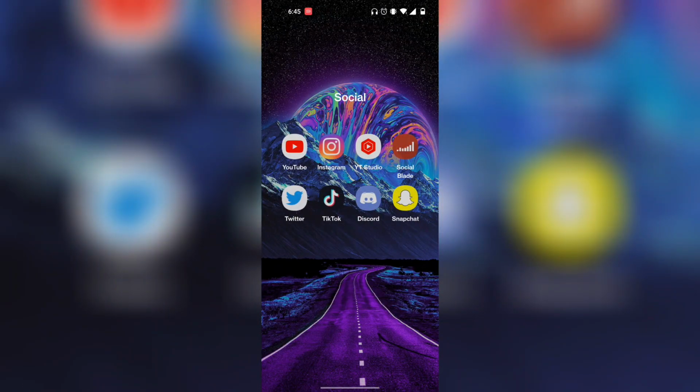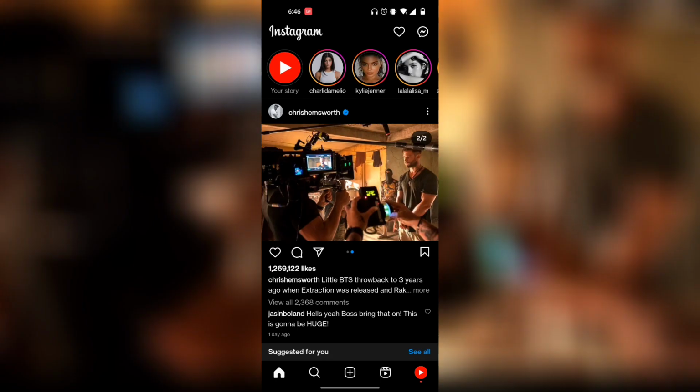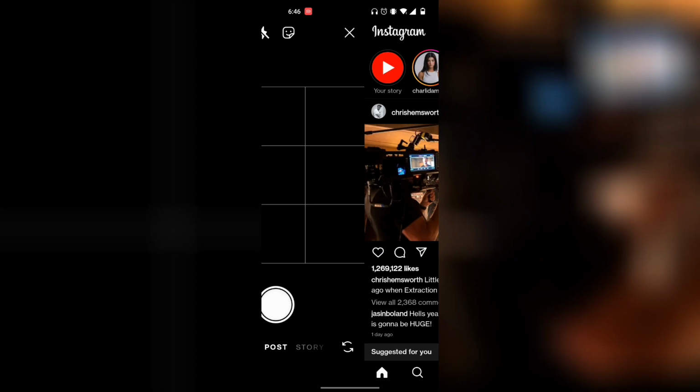So if you're trying to figure out how to do text-to-speech on your Instagram account, then I'm going to show you exactly how you can do that, and it still works to this date in 2023, so you want to keep on watching. So first things first, you want to click on the plus icon on the bottom, and then